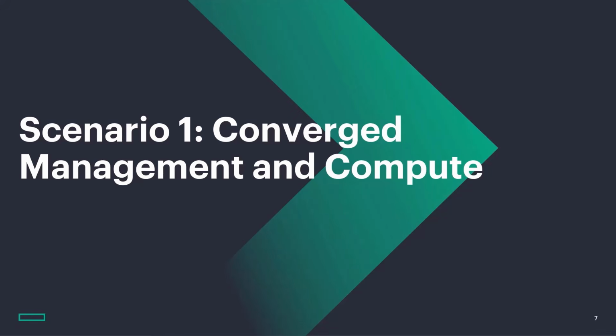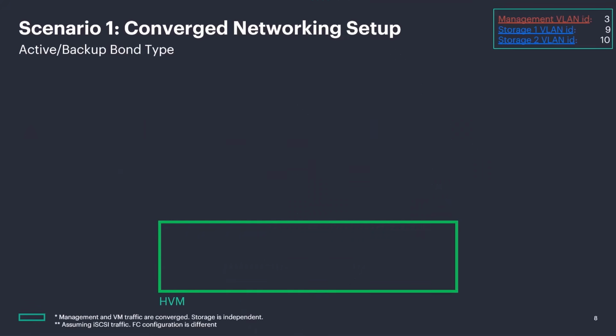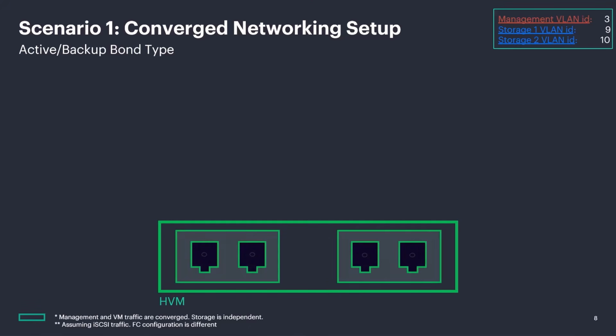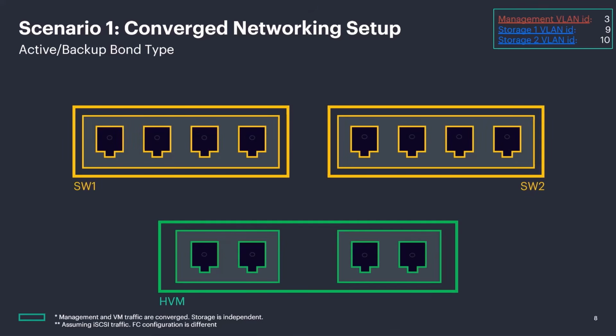Scenario 1, Converged Management and Compute. In this scenario, you would have 4 total NICs on the host, preferably spread across 2 network cards to give you actual redundancy. This is likely to be a very common scenario based on the NIC count in the host. To go along with this redundancy idea, you would preferably have 2 separate network switches as well. Then you can direct 1 storage lane to one switch and 1 storage lane to the other for a solid